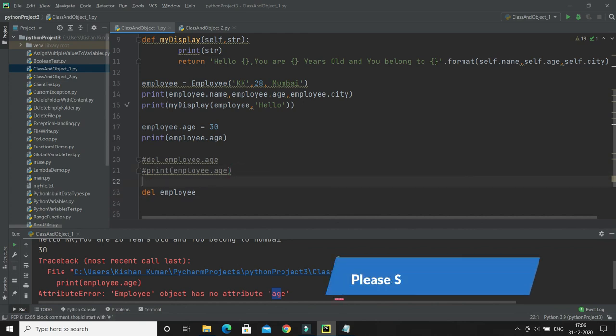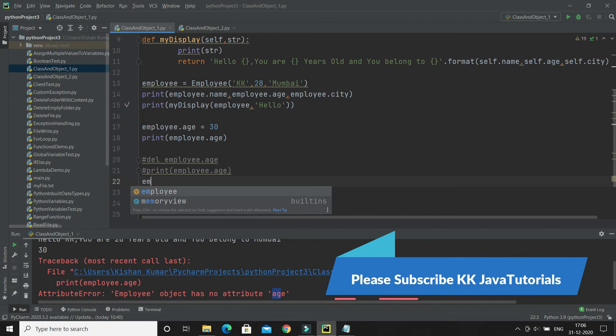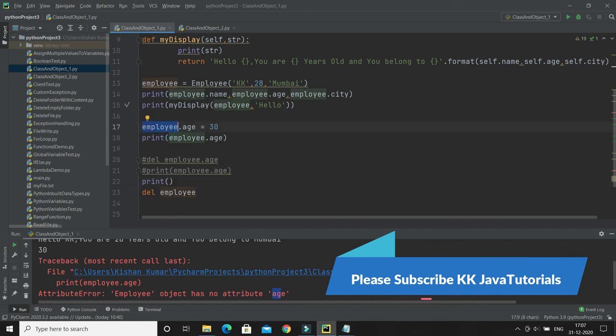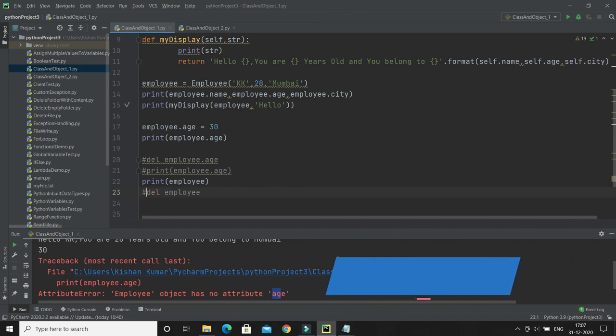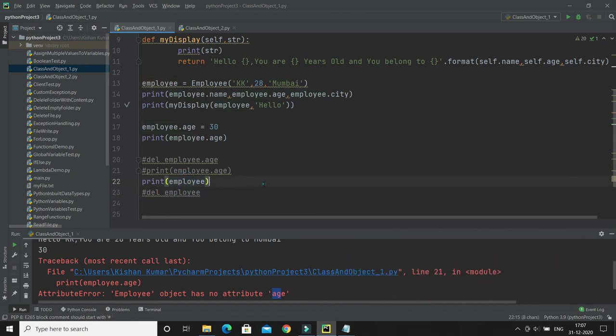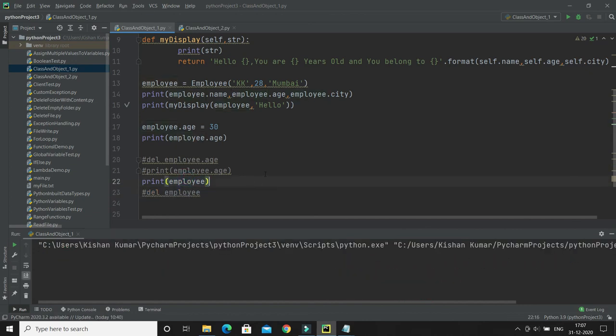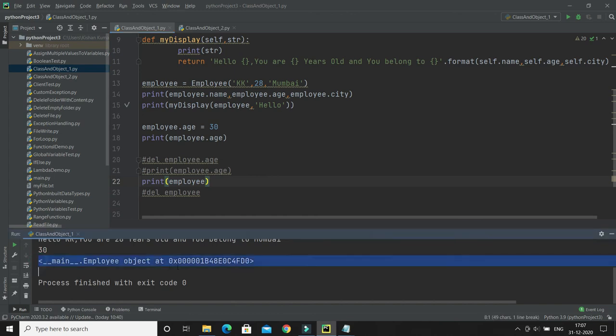Before deleting it, let me try to print employee. I'm printing employee, and if I run, you'll see employee is getting printed something like this.